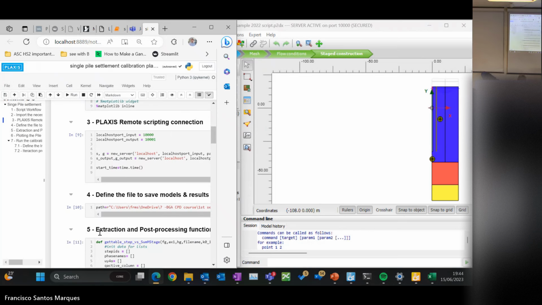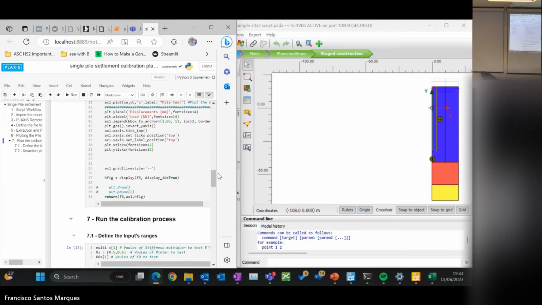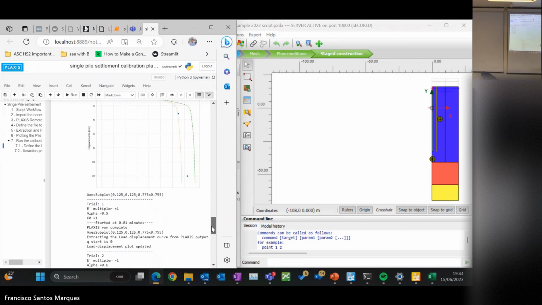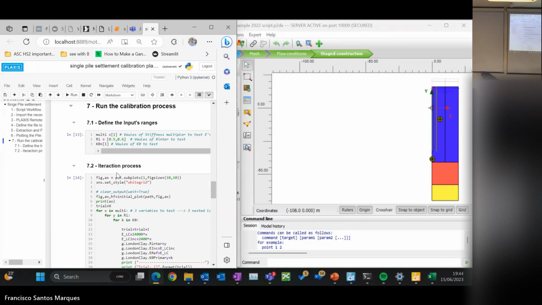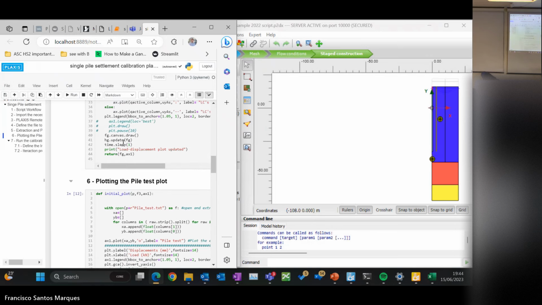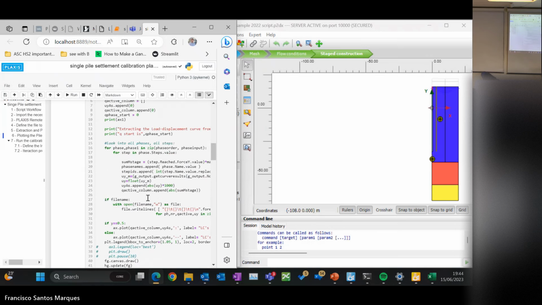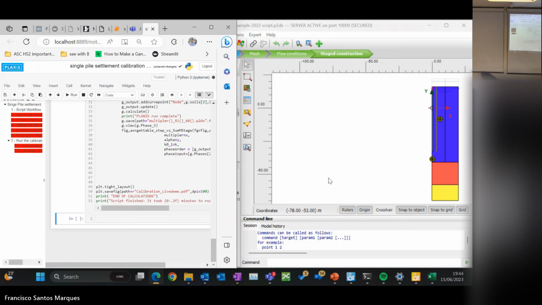So this is an example of the script, guys. As you can see, the part of the iteration process starts here, and then the part that plots here. It has different cells. So if I have the script here and I now just run it all, put run. So now we just have to wait. It's just going to run two sets of parameters just to be quick.